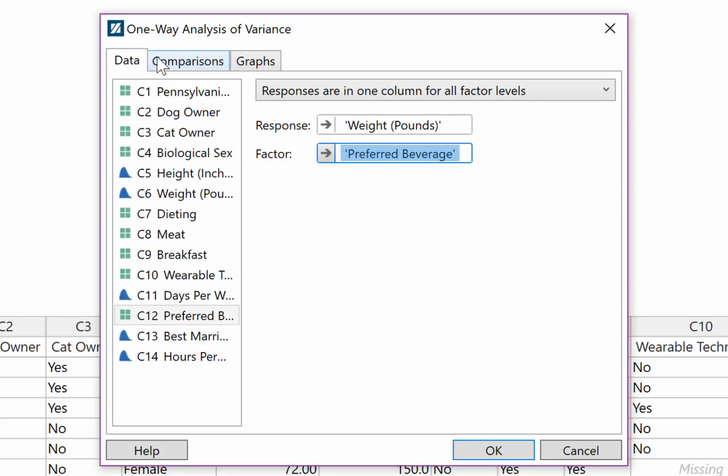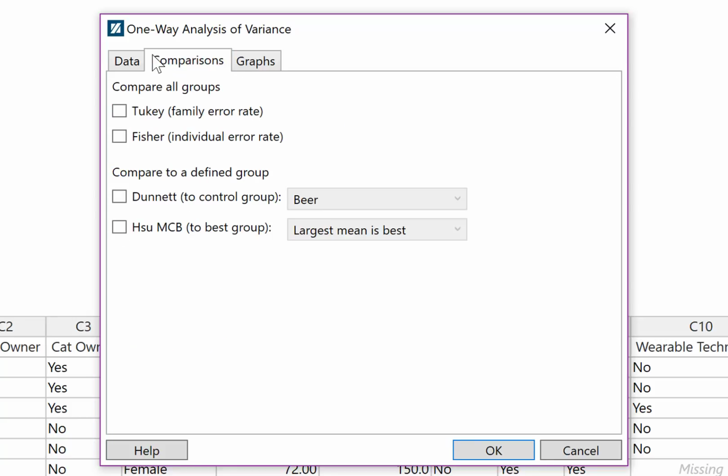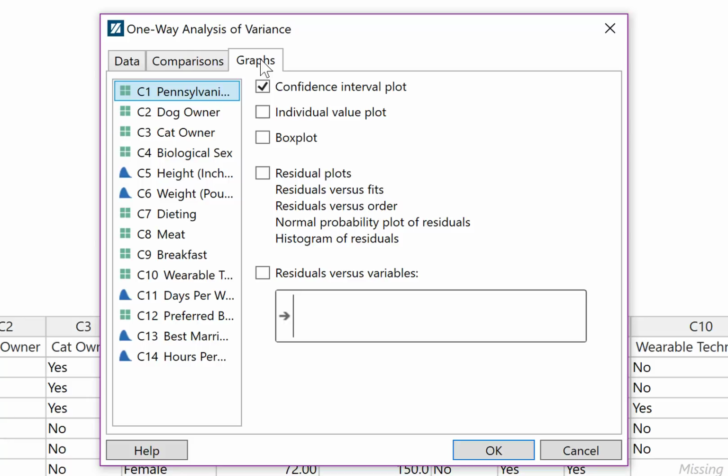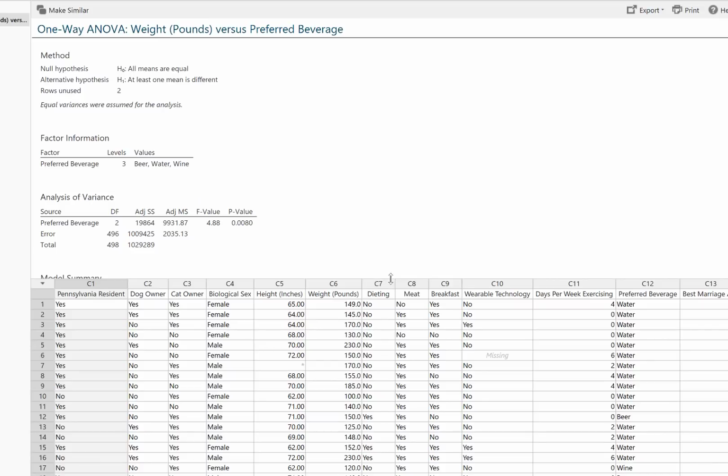Under comparisons, Minitab Express offers 4 different post-hoc analyses. The only one that we're covering in this course is Tukey. Under the Graphs tab, there are different options for graphs. I usually leave this as the default. Now, Minitab Express will give you a